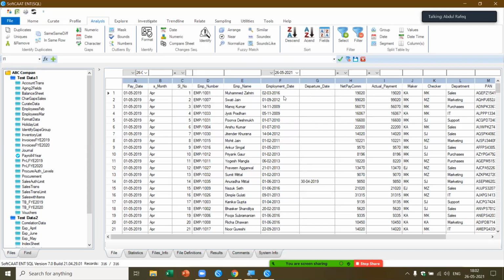Now, based on the employment date, can I do analysis? Yeah, I can pick up and find out month-wise how many number of employees have been appointed. I can also pick up, okay, based on the salary, we already found out that. I can also find out based on the salary department-wise, I can pick the information. Like that, I can group them based on April, May, like that. I can know month-wise what the salary has been paid. Like that, you can do various types of analysis, and this can also be done in a few clicks.